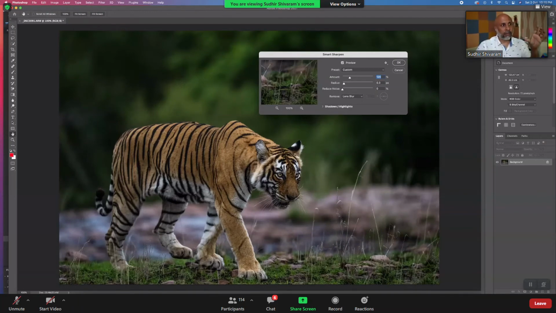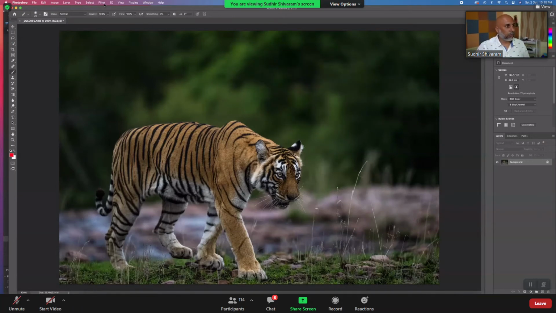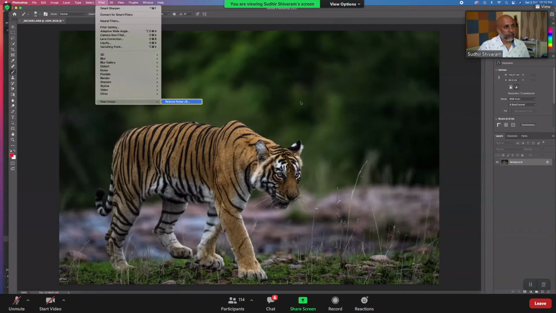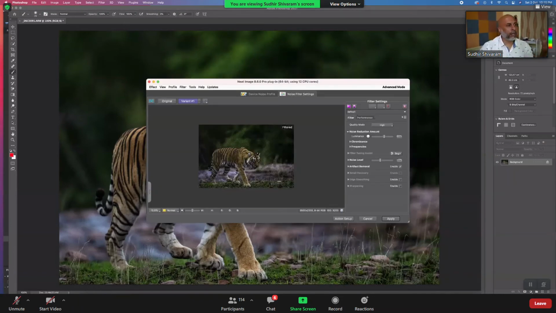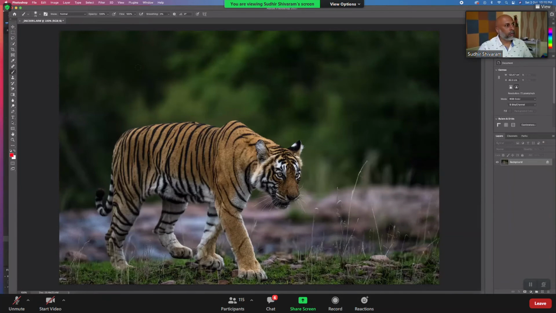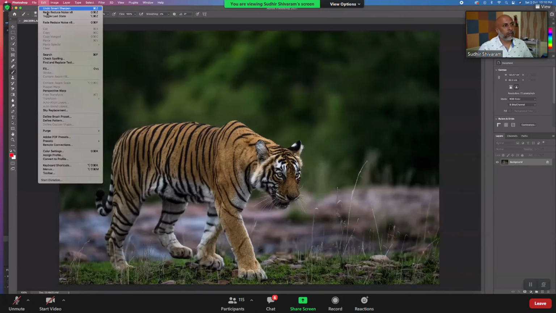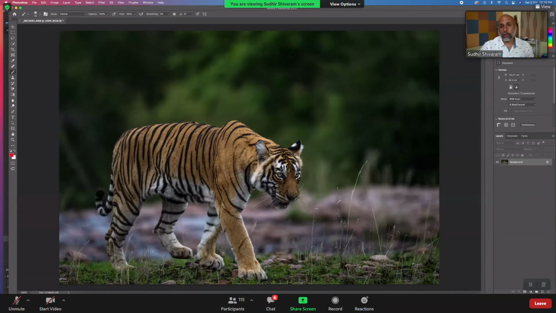And as a final step, there is still a lot of noise in the image. So I have installed Neat Image as a plugin for this, and I use Neat Image to reduce the noise. It does the sampling, simple steps. There you go. Now let's look at the backdrop. So let me do a before and after. Okay, edit, undo. So the noise, you see it. Redo. The noise goes away. So these are the very, very basic steps that I do, right from the beginning to the processing. As you saw, simple steps is basically what I do.